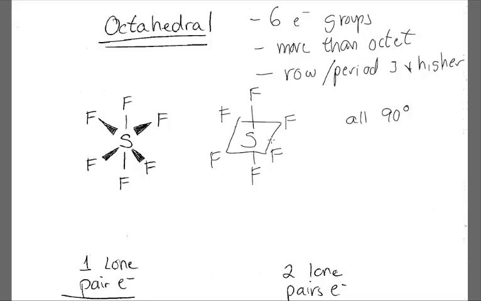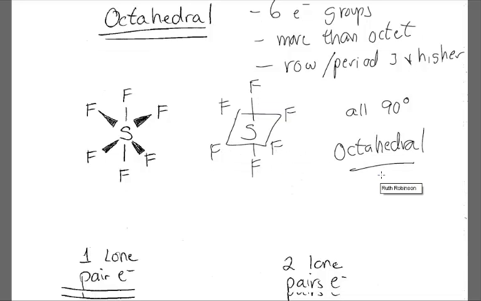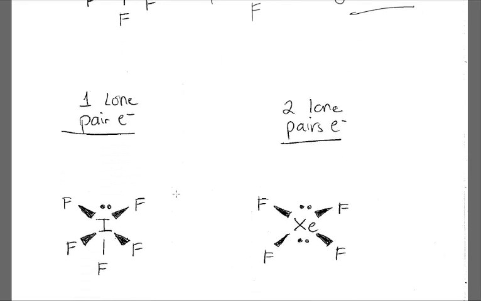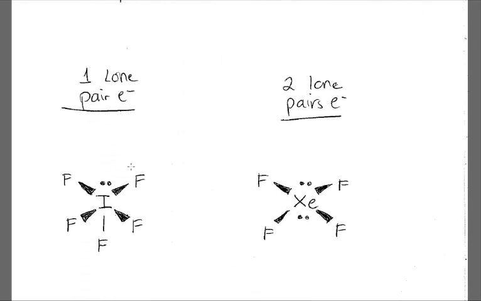Okay, so that shape, sulfur hexafluoride, is octahedral. Again, when all the electron groups are bonds to an atom, your shape will be the same as your electron groups. Okay, but some of those electron groups can be lone pairs. If one of them is a lone pair, you have something like IF5, so you have 1 lone pair and 5 fluorines,